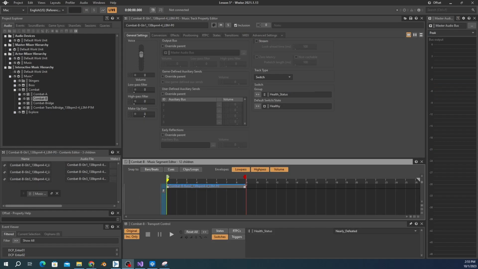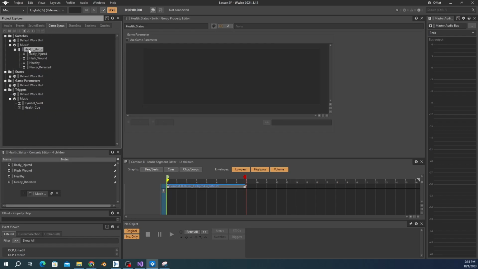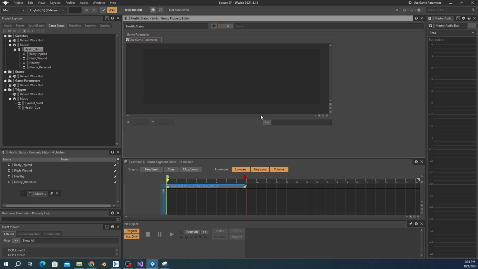Since the health in the game is a value range tied to an RTPC, rather than 4 different states like with our switches, we need to map the RTPC to our switch group to configure which sections of the health range will trigger certain switches. This can be done in the property editor of the health status switch group. In its property editor, I will enable the Use Game Parameter checkbox. I can now click the double arrow icon and add the RTPC that needs to be referenced, which is the